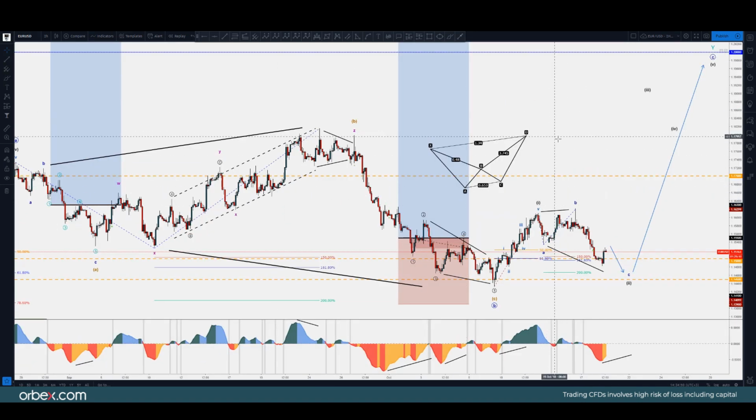What I believe is happening is I believe euro dollar could actually make one more on the downside, let's say, for instance, for a proper bullish divergence right here in an expanded flat. So I'm labeling this either a wave 2 or a wave B. As long as it doesn't travel beyond the starting point of this swing, it can be labeled as a wave 2, right? Regardless, I really don't like to label expanded flats and running flats in a wave 2, but I'm accepting this one as a possibility because